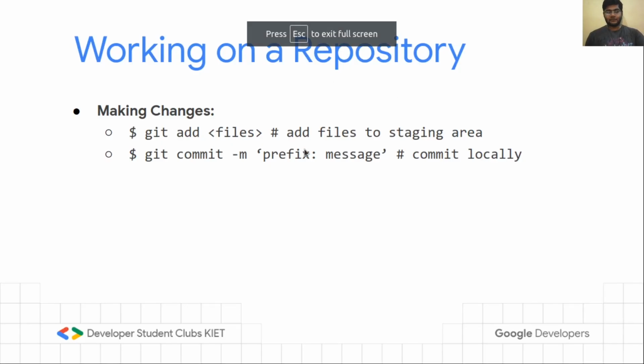Now let's start working in this repository. Working in a git repository can be divided into 3 to 4 parts. The first one we can consider as making changes, where we are updating our code base, adding some code, or updating some code. For this we will be using two commands: git add, that is used to add your files to the staging area we discussed earlier, and git commit to save our commit locally and create a snapshot of the code at this instance. Let's try these commands.